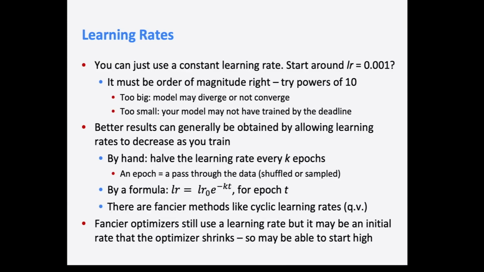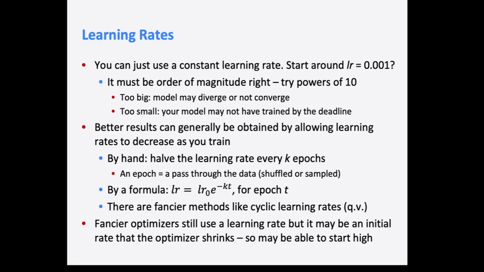Yeah, so learning rates. So normally you have to choose a learning rate. So one choice is just have a constant learning rate. You pick a number, maybe 10 to the minus 3, and say that's my learning rate. You want your learning rate to be order of magnitude right. If your learning rate is too big, your model might diverge or not converge, because it just sort of leaps you around by huge movements, and you completely miss the good parts of your function space. If your learning rate is too small, your model may not train by the assignment deadline, and then you'll be